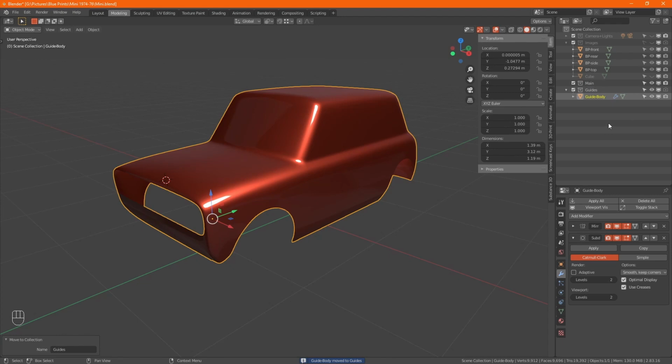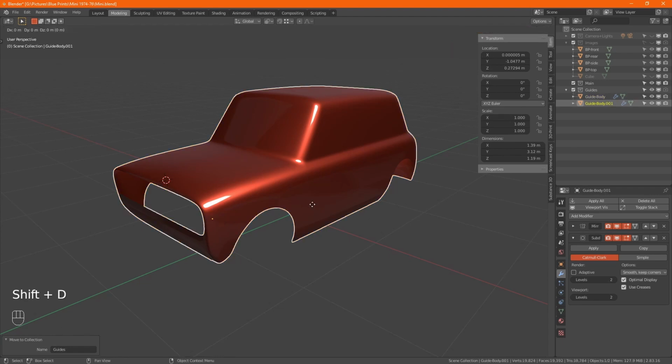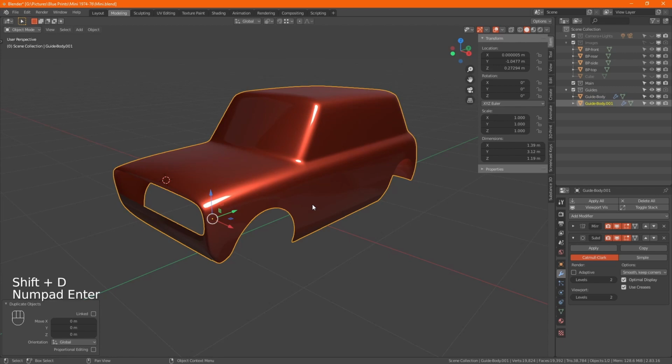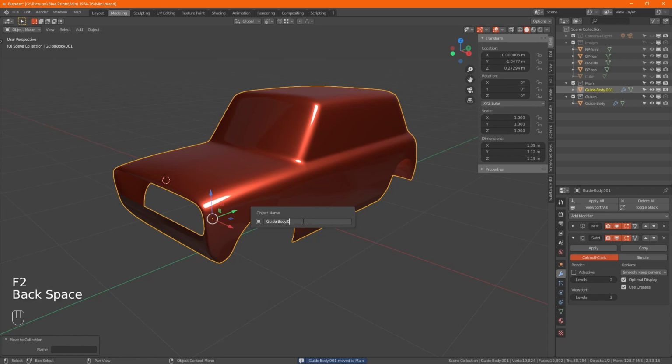Not that it's rendered, but also what I need to do is just do a Shift D, move that back to me, and it's pointless doing it that way, but I'm going to just name it body first. Never mind.